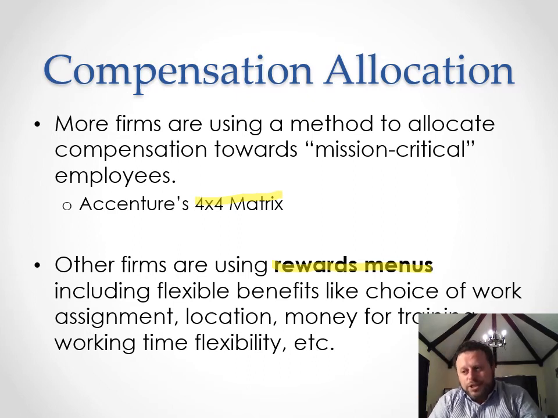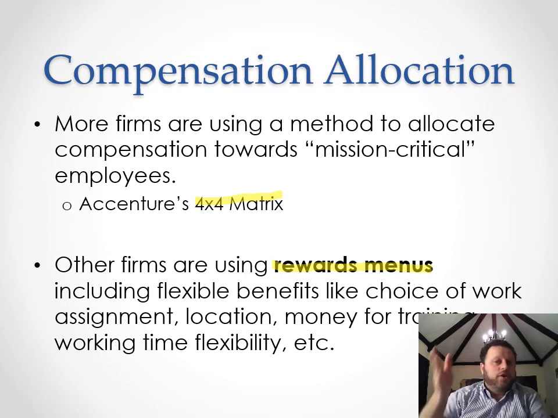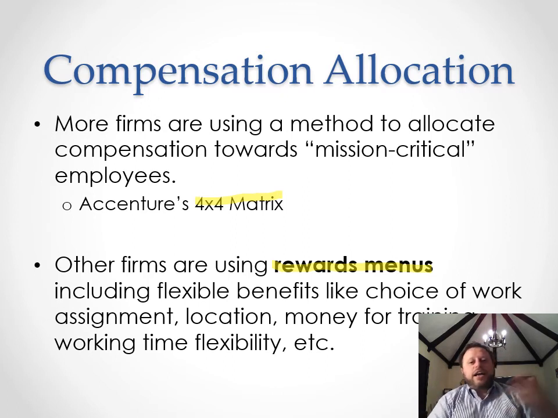And part of this is that different levels of value to the company might have different menus of what rewards they want. So the traditional compensation method, which I think I talk about soon, was really meant for a family in the 1950s or 40s, which was like a husband, a wife, maybe 2 kids, and a house in the suburbs. So you had a package that included family health care, a certain amount of vacation time per year. The expectation was the family has 1 or 2 cars, so there's usually no stipend for that. It's really based on this very old, very antiquated idea of what the family is,